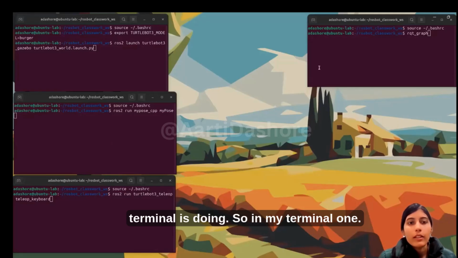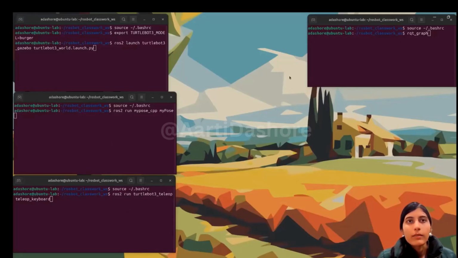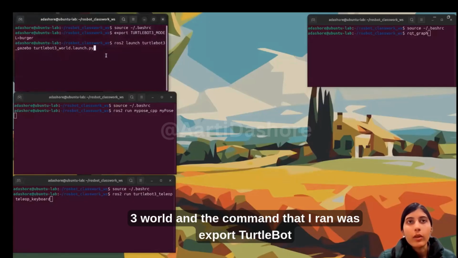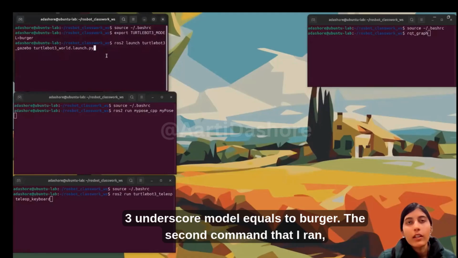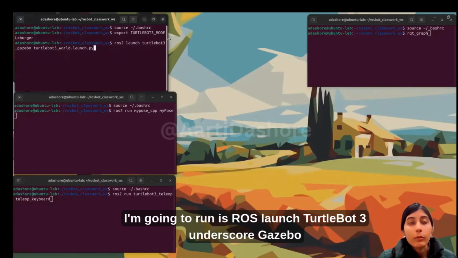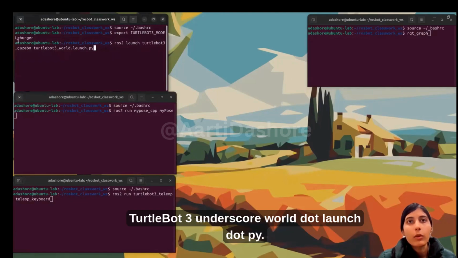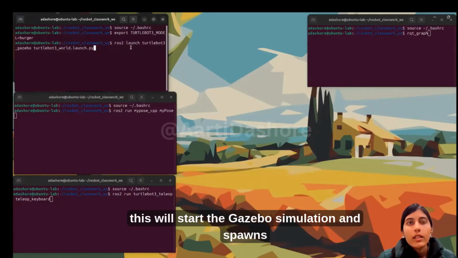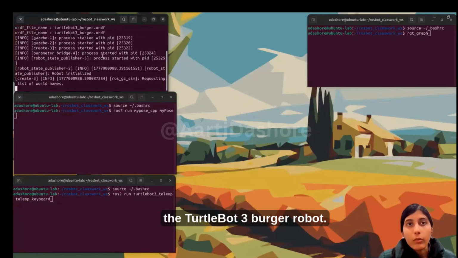So in my terminal 1, I have launched Gazebo with the TurtleBot3 world, and the command that I run was export TURTLEBOT3_MODEL=burger. The second command that I'm going to run is roslaunch turtlebot3_gazebo turtlebot3_world.launch.py. So if I press enter, this will start the Gazebo simulation and spawns the TurtleBot3 Burger robot into the